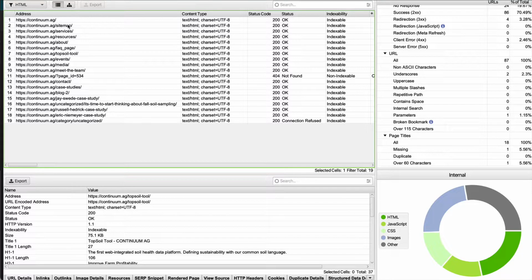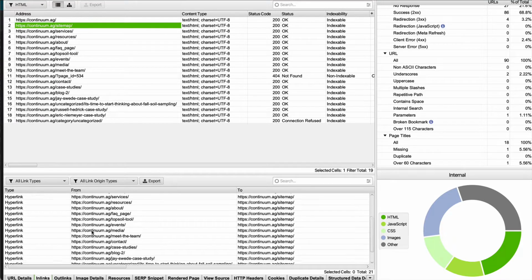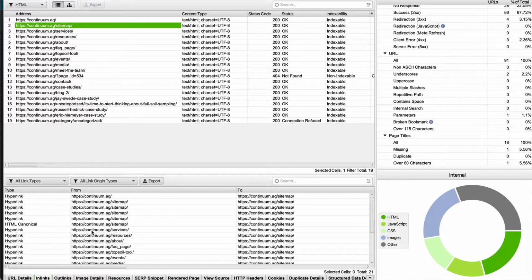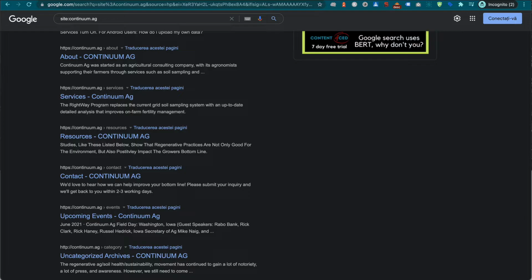What else could we say by looking at this page? For example, the sitemap. I'm not sure how useful this is for SEO or for your users. Maybe we can skip the sitemap page. The FAQ page, again, I'll have to take a look and see if that is useful in any way. Going back to the site,